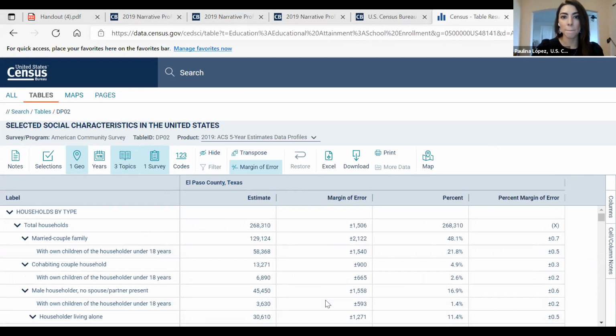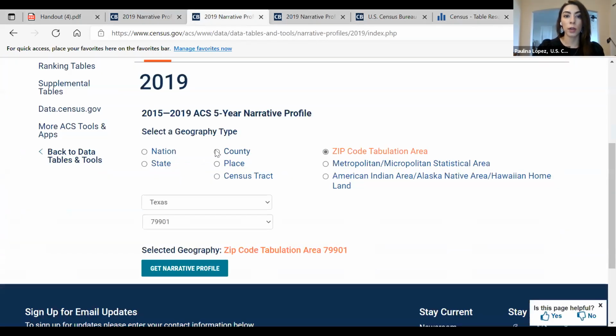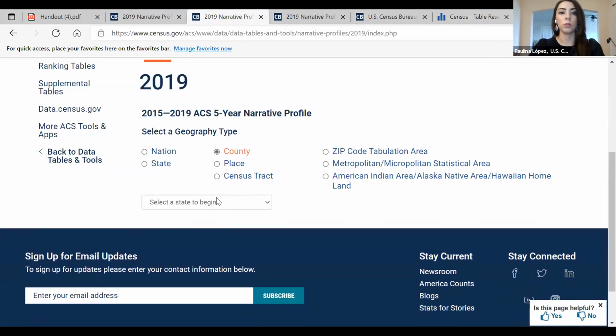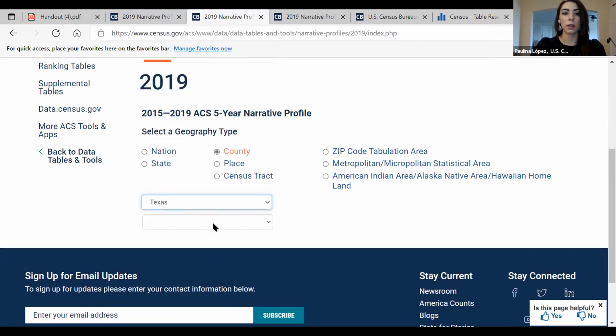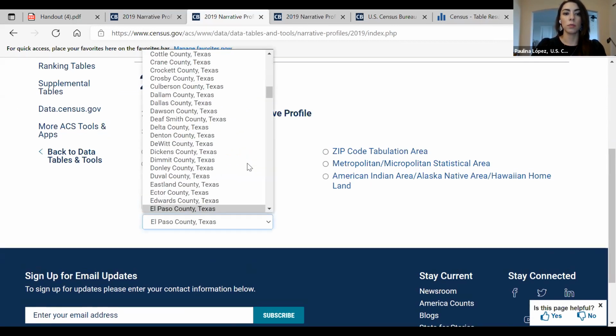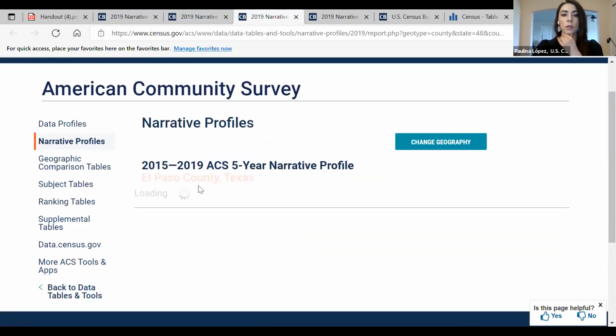Okay. And then I see a comment. Okay. So Quentin, this would be the information that is available. I do know that on the narrative profiles, let's go to, again, looking at El Paso. Let's see what information we get on education.